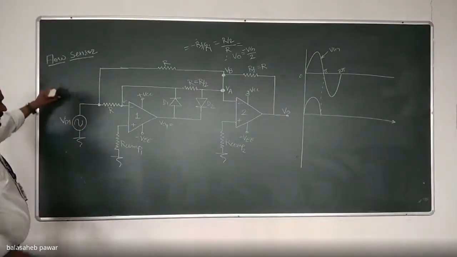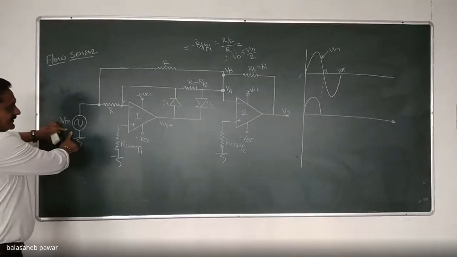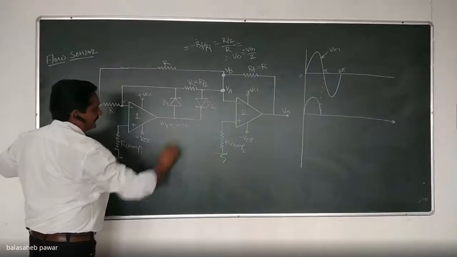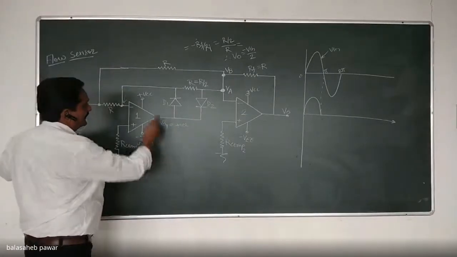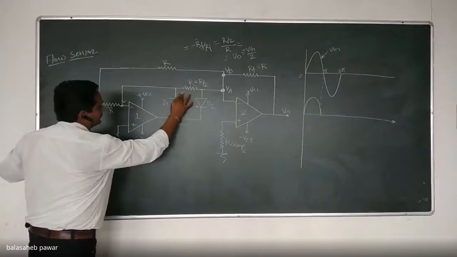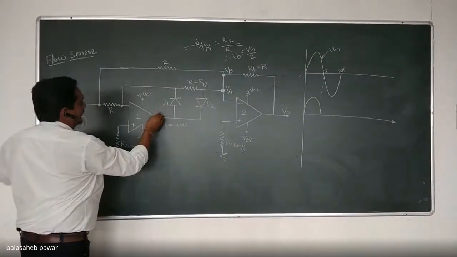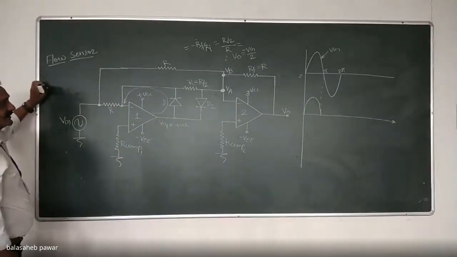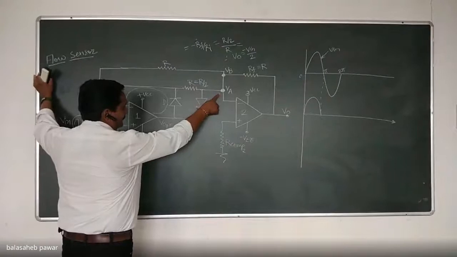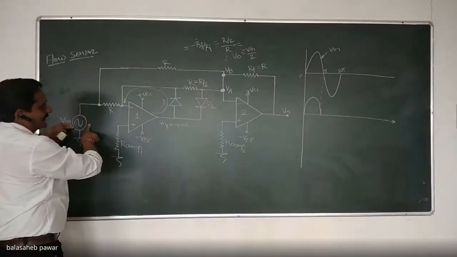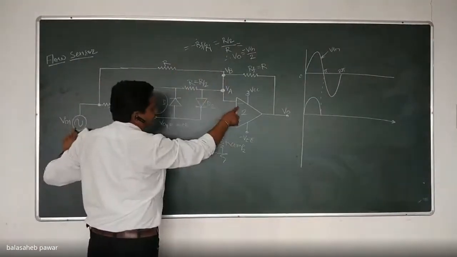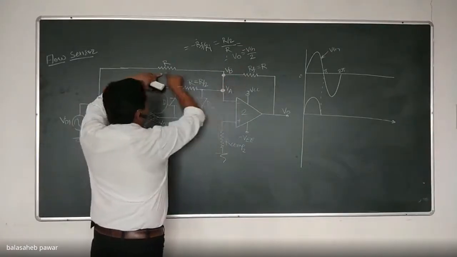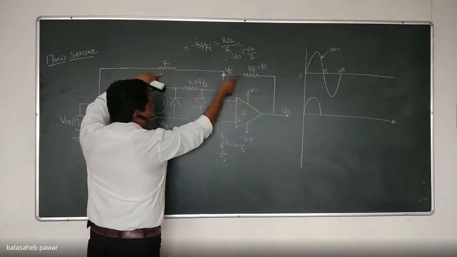Later on, whenever the negative half cycle starts, the output of the first op amp will be positive, that is VO1 will be positive. During the negative half of input, diode D1 will conduct now, and it will act as a short circuit path like this. So VA will be 0, while Vin is the negative half cycle, which we are applying directly as the second input to the second op amp, and hence its output will be RF by input resistance times, and both are equal.